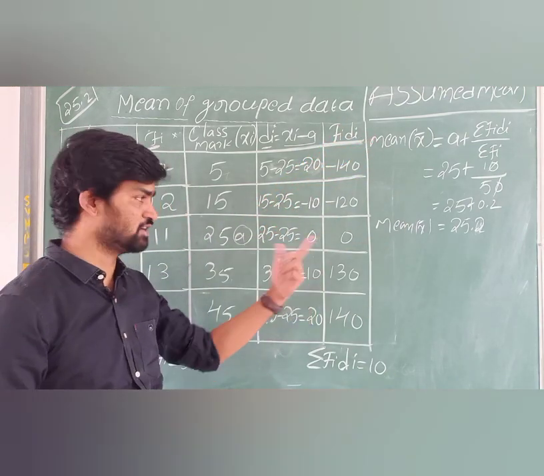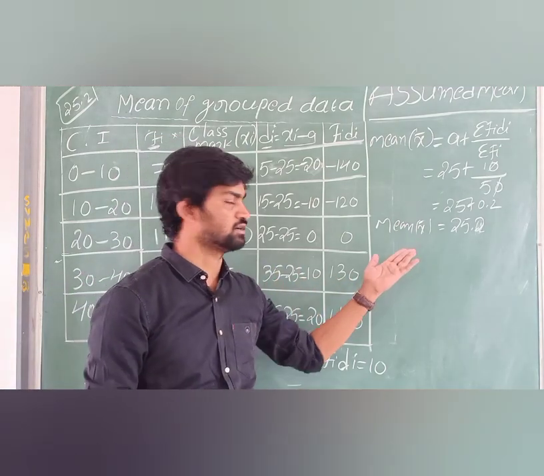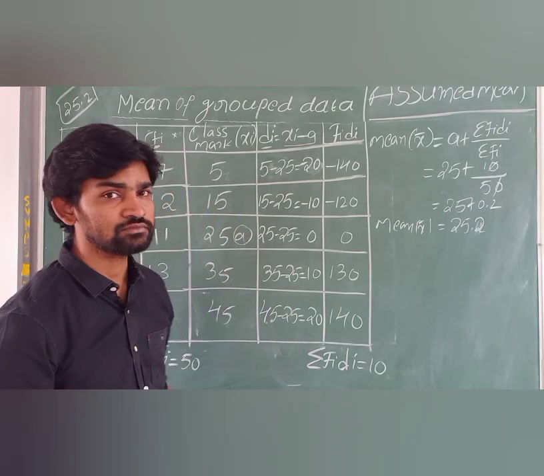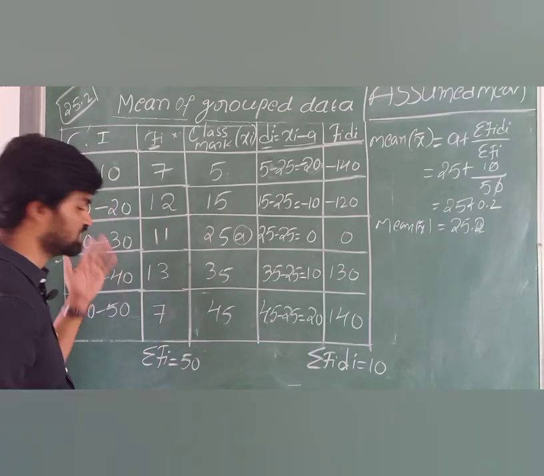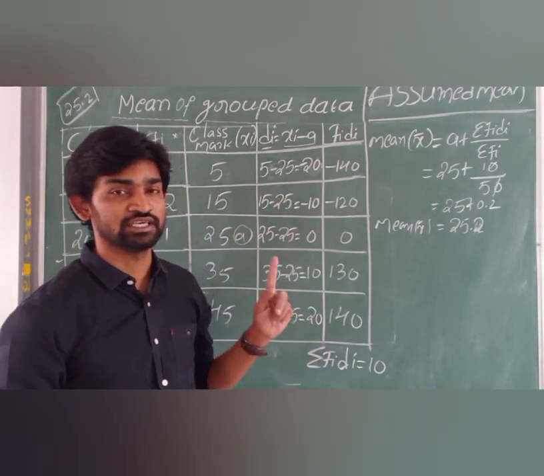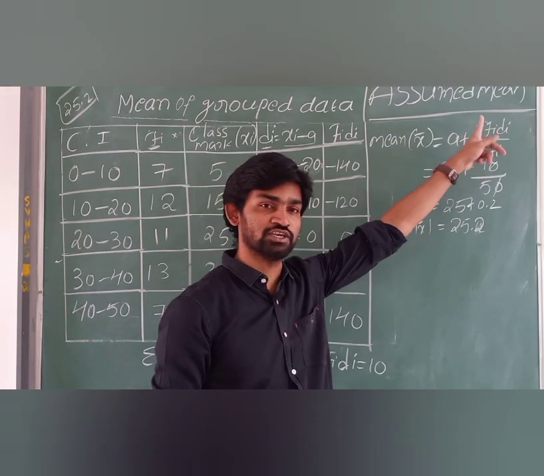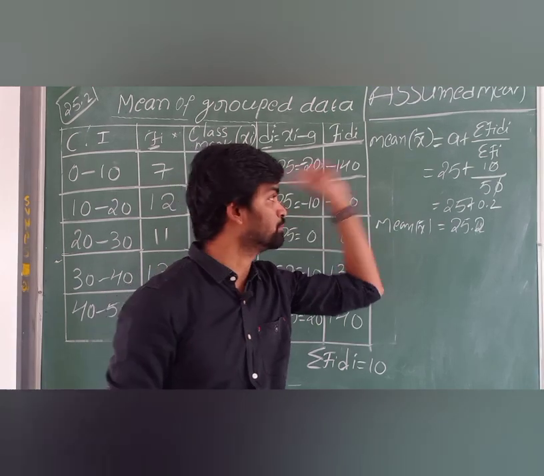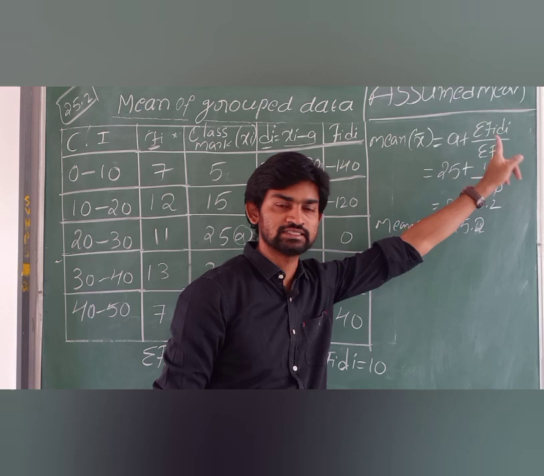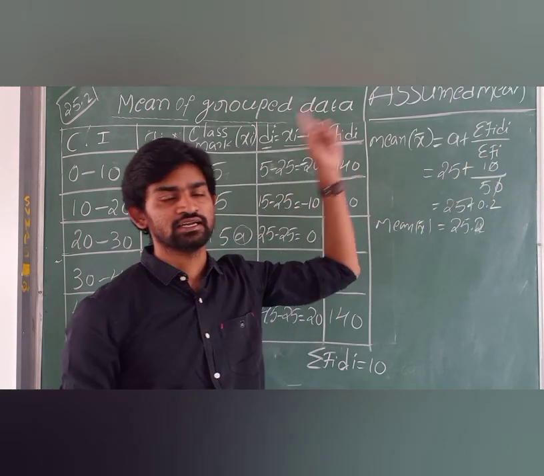Now what is the difference? Why do we have to use the direct method, and why do we have to use the assumed mean method? It is because when you have greater intervals, you will get bigger values in the direct method. See, the numerator in the direct method, when you are solving fi xi, you got 1260. But here what you got, fi di, is only 10. That is the difference. You will get easier calculations in this method than the direct method.